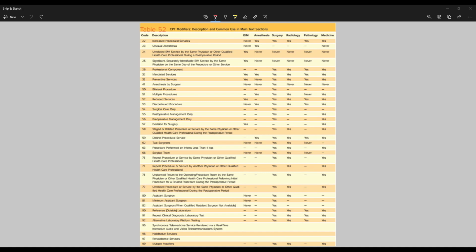Now, moving on to the EM modifiers, the two big ones are 24 and 25. So with 24, and again, both of these can only be used with EM, with evaluation and management. So 24 is a completely unrelated evaluation and management service by the same physician during the post-operative period. So if you go to your orthopedic and last week you had a surgery on your knee,